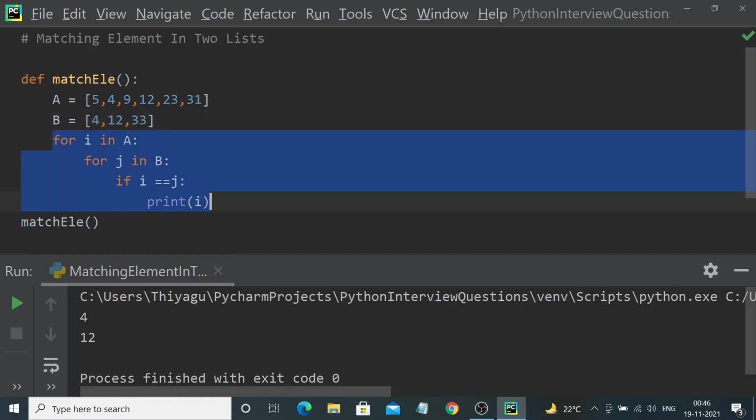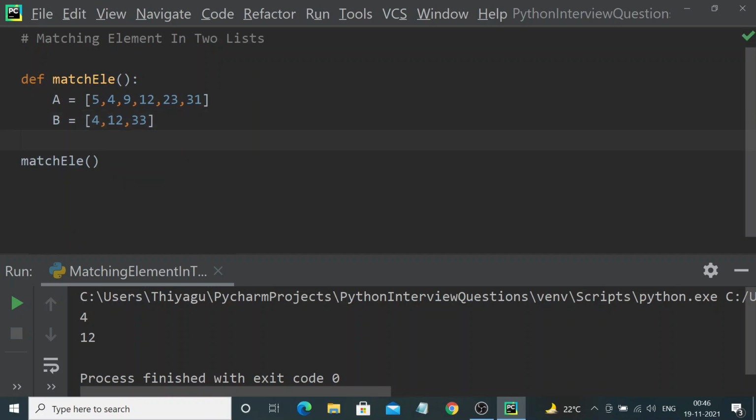Let's have these two lists as they are. Now let's go into a concept called list comprehension. List comprehension is an interesting topic in Python. If you want to create a new list based on an existing list, then you can use this concept of list comprehension.